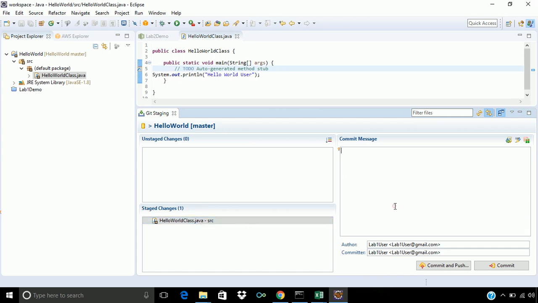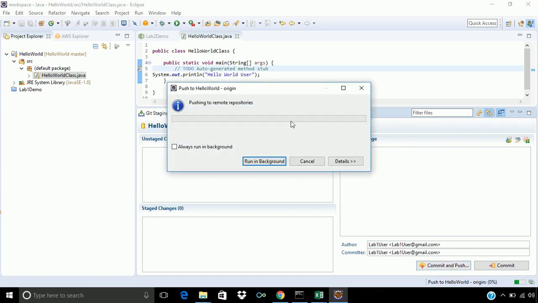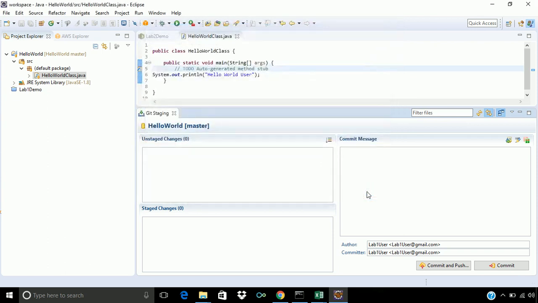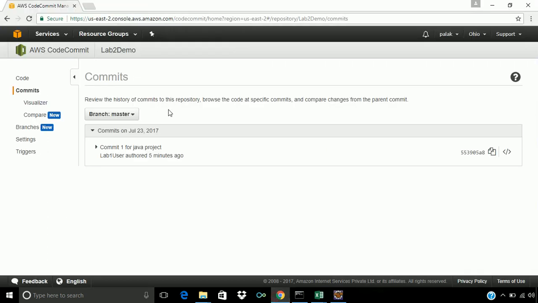Now to commit, let's say commit 2 for Java project and let's commit and push. Now it will not ask for the information for the lab2 demo URL and all because we have already given it once. So let's click on OK and it will push those changes to the lab2 demo repository. Now let's refresh this file.